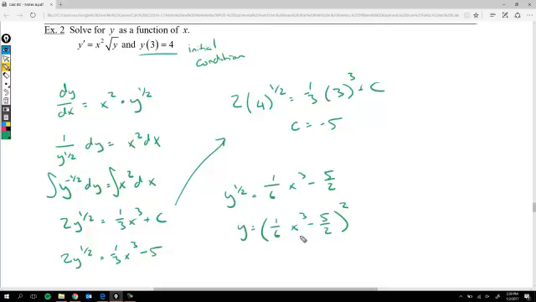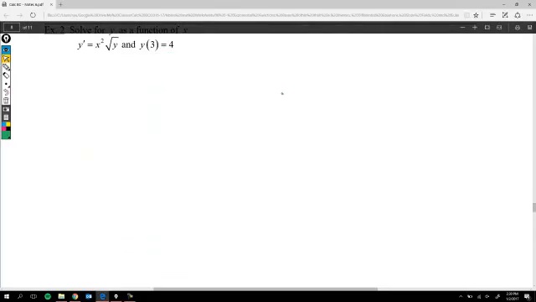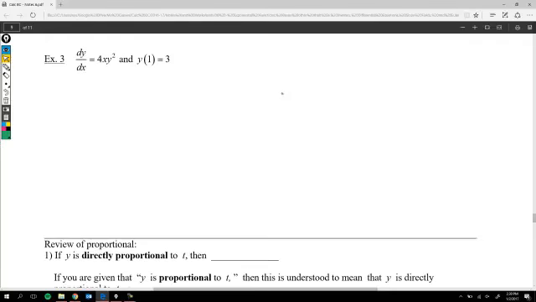The only thing that matters is that you plug in whatever value of c that you find into that particular step. But we can go over that more in class if you have questions. All right, and one more example here